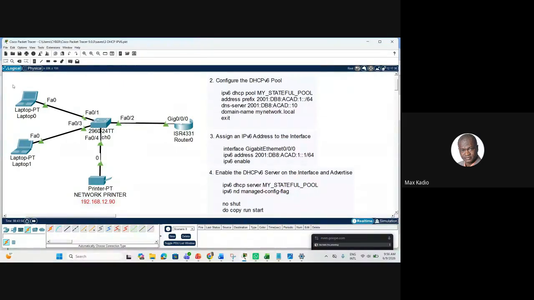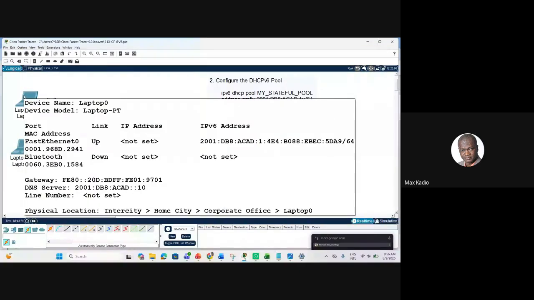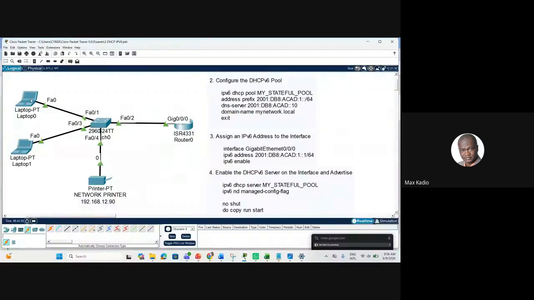So it means if these two laptops want to print, when you install the printer, you need to add this IP address somewhere, so that if you want to print, it will know this IP and your data will come here to be printed.